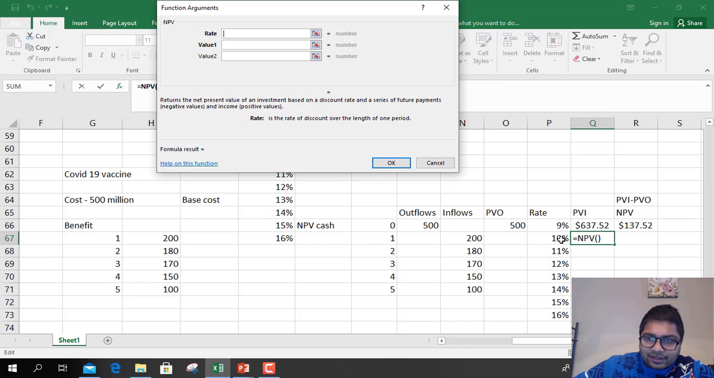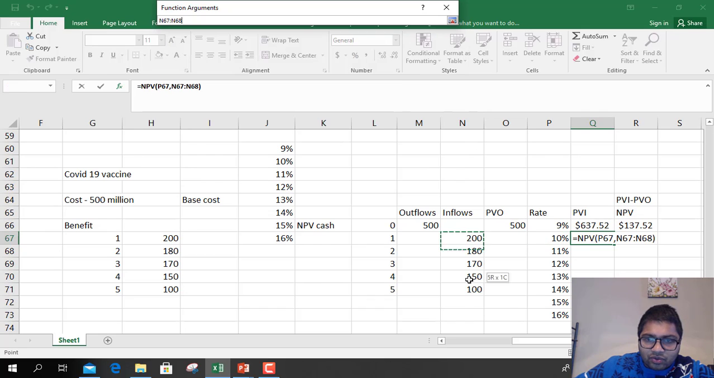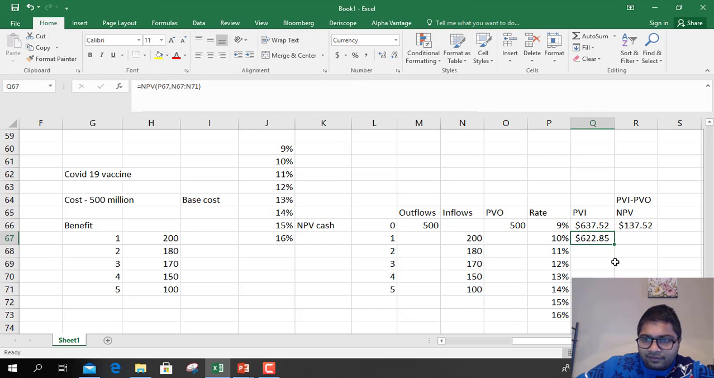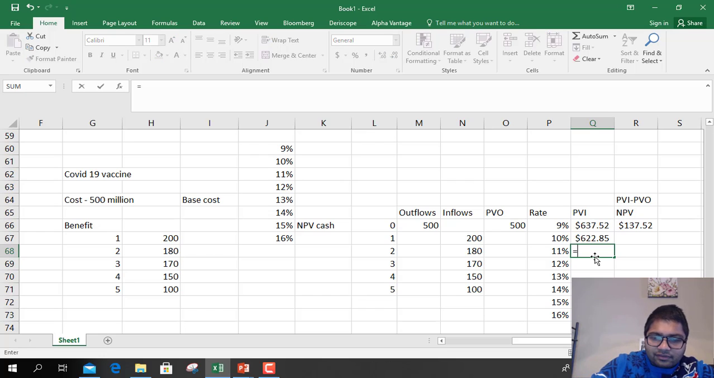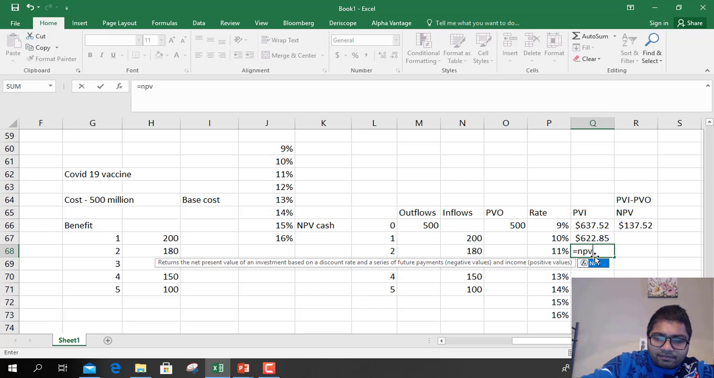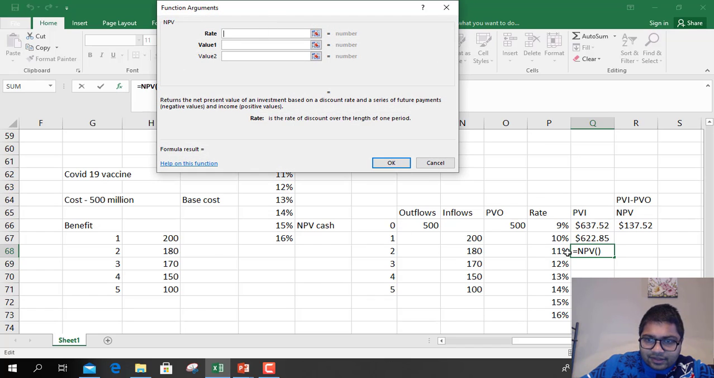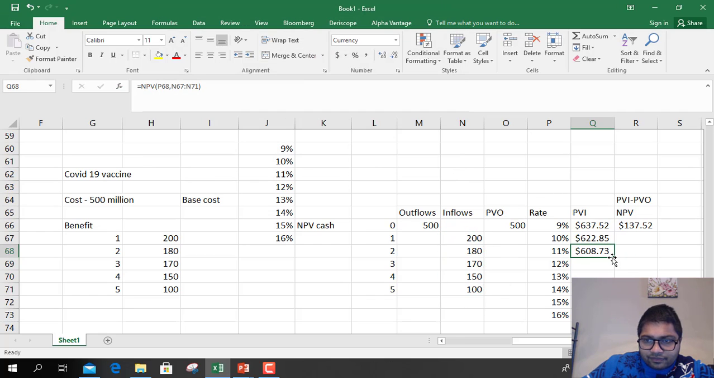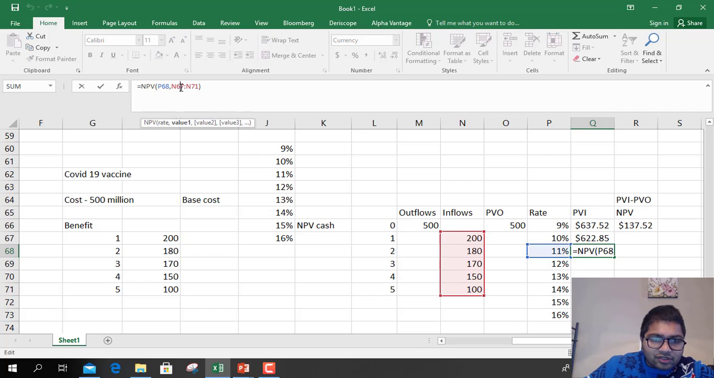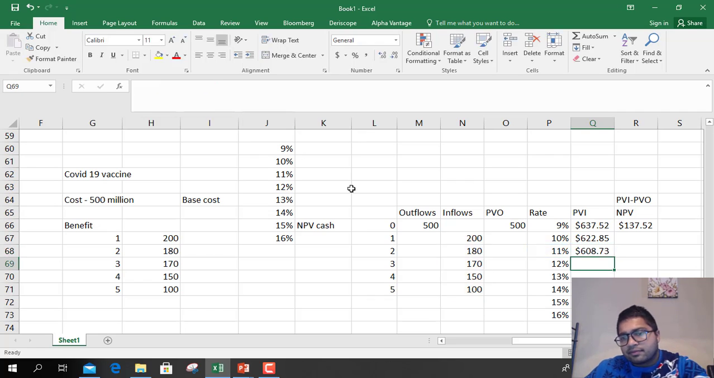rate is 10%, values are 200 to 100. Then NPV, rate is 11%, values are 200 to 100. And I'm making this constant so that I can drag it. Okay,